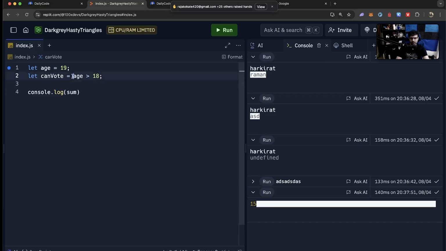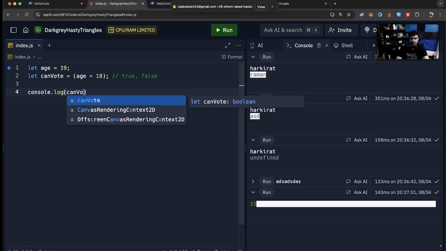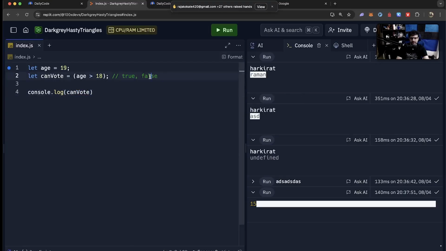I repeat, what have I done here? I have used the greater than operator. I have said your can vote will be either true or false based on if this condition is met. If age is greater than 18, then can vote will be true, else it will be false. This thing will return true or false based on if this condition is true or false.